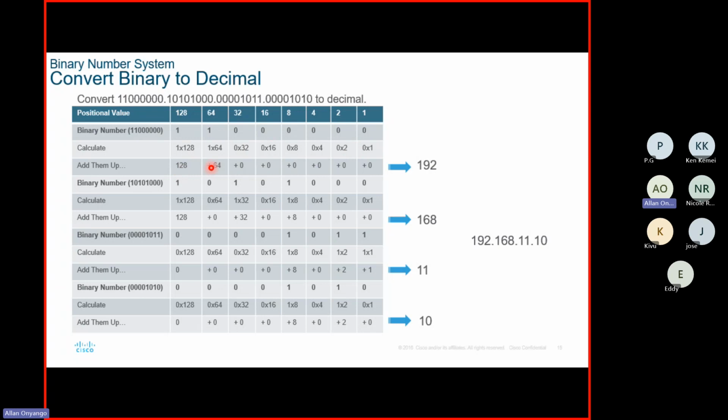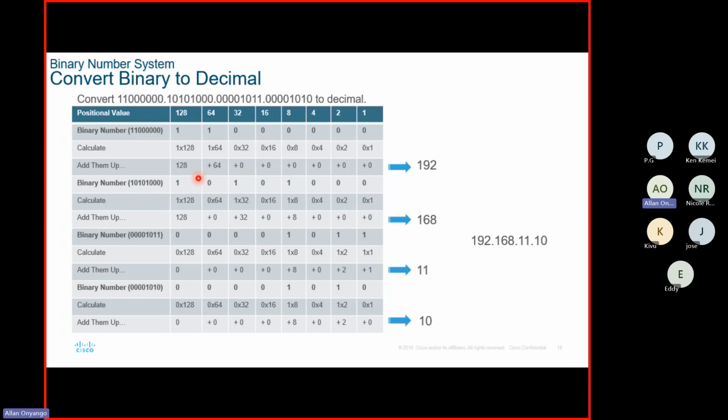So what is 128 plus 64? Yes, I want that one to be borrowed knowledge because that is where we were adding those numbers. And now you should be able to know that 128 plus 64, you don't even have to think. Those ones, I need them to be at your fingertips. So 128 plus 64 is 192, plus all these other zeros, the answer is still 192, isn't it? Good, we take the second one, which is the second octet is here,